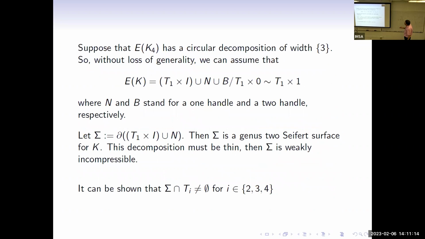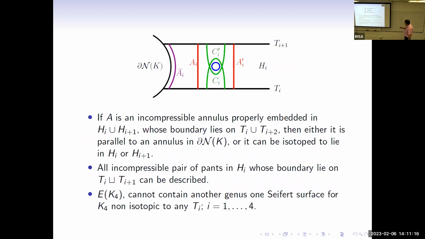So, okay. Then also we can show that there is no other incompressible surface. This is also because of this special type of decomposition. Now, in the case of what we were talking about this morning, when a different torus appears, it was not simplified. Now